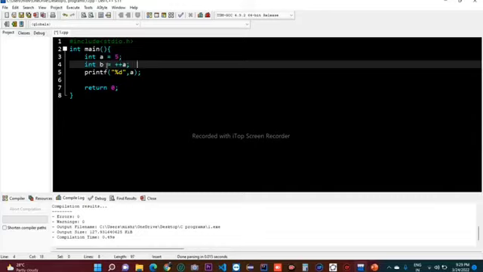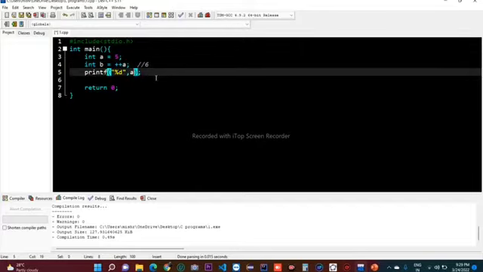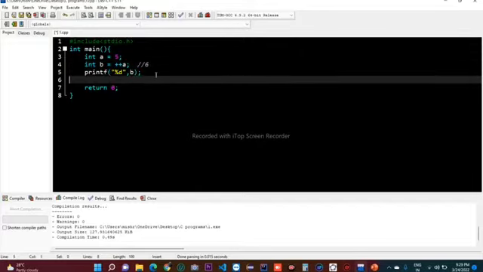So now what happens? What value gets inside b? 6, yes, because plus plus means incrementing by 1. And now if I print b,